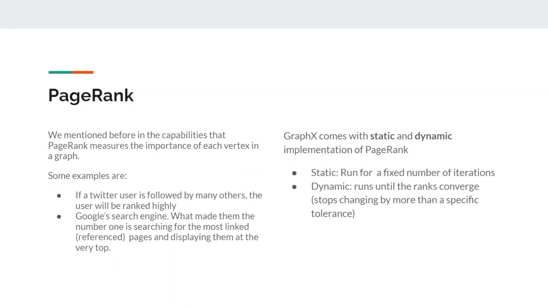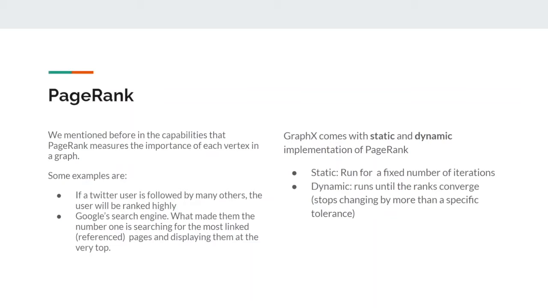So the first algorithm is PageRank. It was mentioned before in the capabilities that PageRank measures the importance of each vertex in a graph. A few examples of this: if a Twitter user is followed by many others, the user will be ranked higher than any other user. Another good example would be the Google search engine. So what made them the number one search engine is